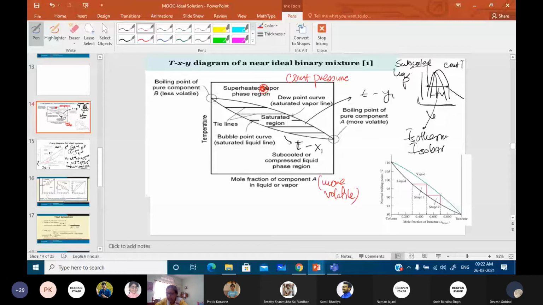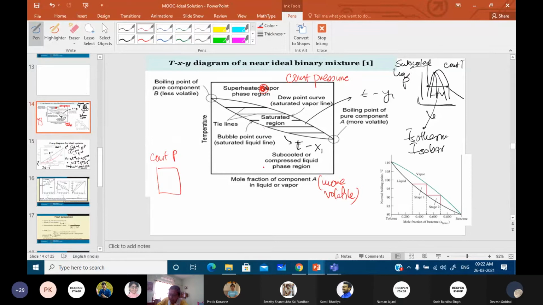Now we gradually, at constant pressure, suppose we are having a closed container, and in that particular closed container, we have kept this particular superheated vapor. The pressure here is constant, say it's at atmospheric pressure. We gradually start cooling the mixture here by either introduction of heating coils, or maybe by passing cooling water here. Whatever it is, we start cooling this particular mixture. Now as we cool, what do you expect?